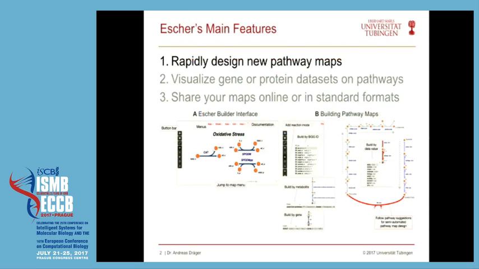So mainly, Escher has three key features that you can use. The first one is a builder tool that allows you to rapidly design your pathway maps. It has all kinds of search functions. You can upload a model and then search what is in that model based on gene names, reaction names, or metabolite names, and it will pop up with these boxes, and then you can say I want this reaction here,